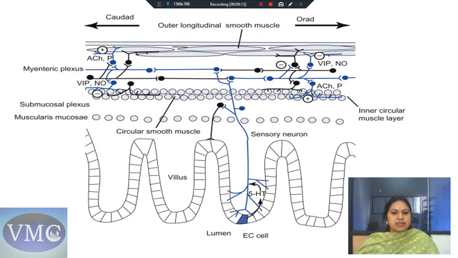So here is some idea about the mechanism of peristaltic contractions. You have the retrograde neurons and the anterograde neurons, which secrete VIP, nitric oxide, acetylcholine, and substance P. These are the ones which will contract the circular muscles ahead of the food, okay? And the VIP and the nitric oxide relax the muscles on the aboral side. In detail about this we talked in the other video, so I am going to the next part.